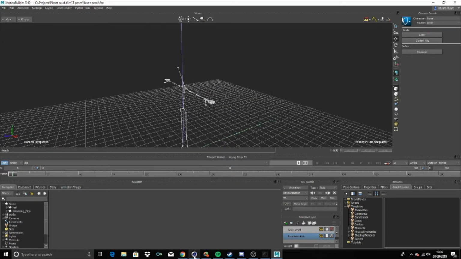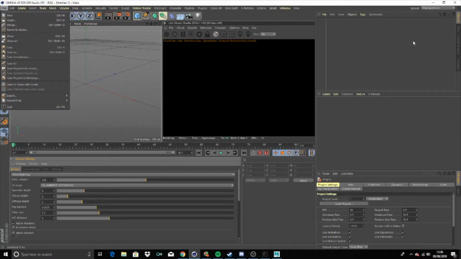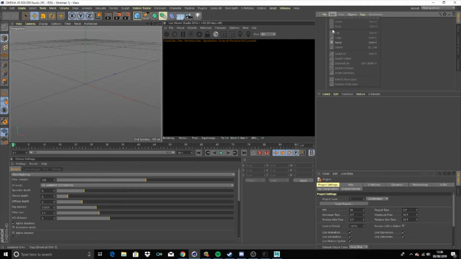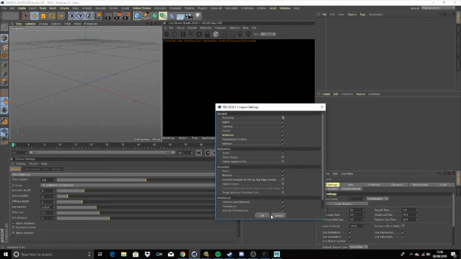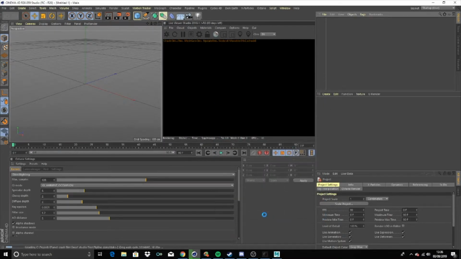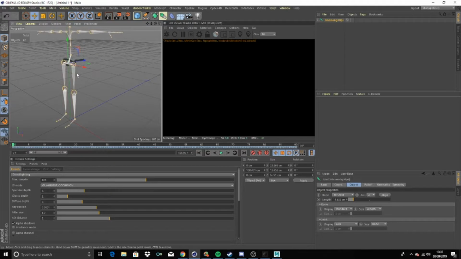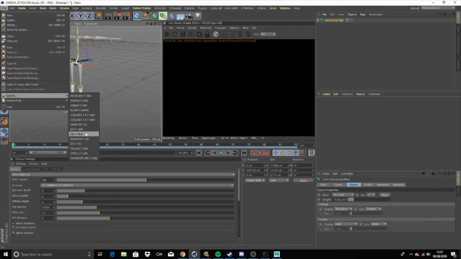So now what I do is I come into Cinema first. I go File, Merge Objects, and we're going to go to Smart Studio Files, Pipeline Demo, which is the one we just exported, and I'm going to take this in here first. Give it a minute to pull the files through. Right, so this already has the actual bones in there as well. That's what I'm after. So then I come to File, Export, FBX,